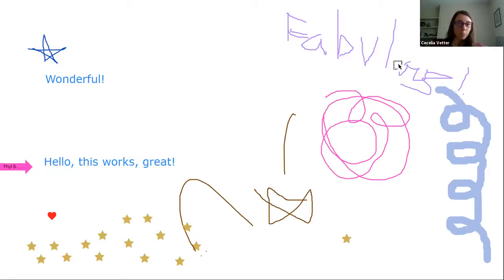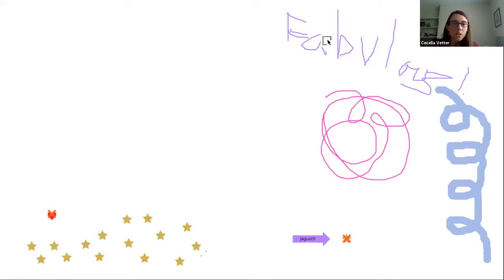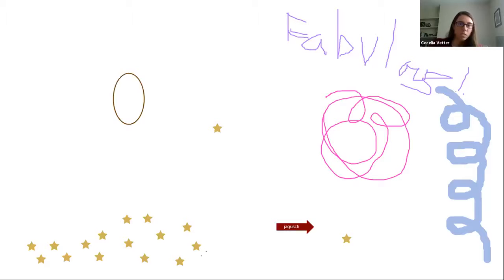And yeah, so this is something that I think has a lot of potential. Yep, someone else cleared their drawings. So if students want to provide stuff, there is a save button that saves it to your folder. For me, it saves it on this PC. I have a Zoom folder, I believe, in Documents. So on my computer, it's Documents.